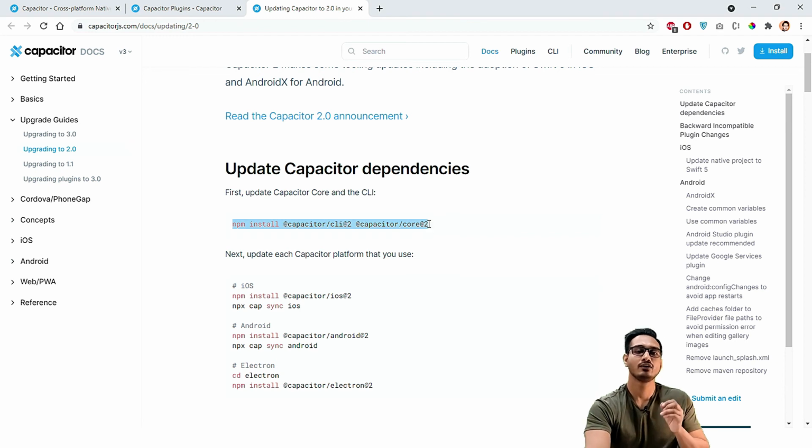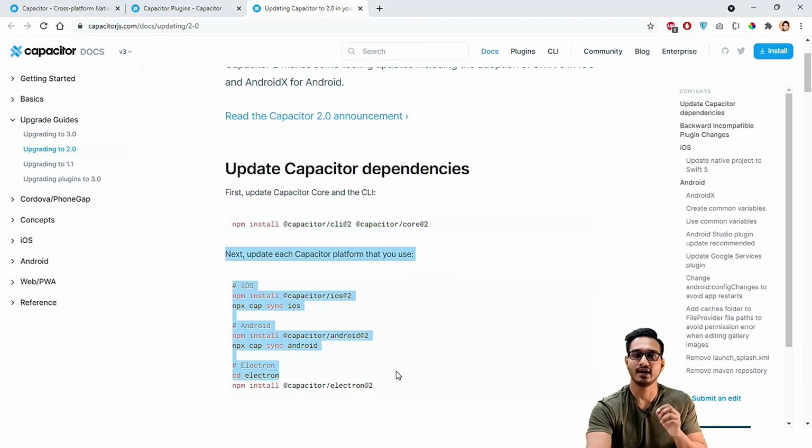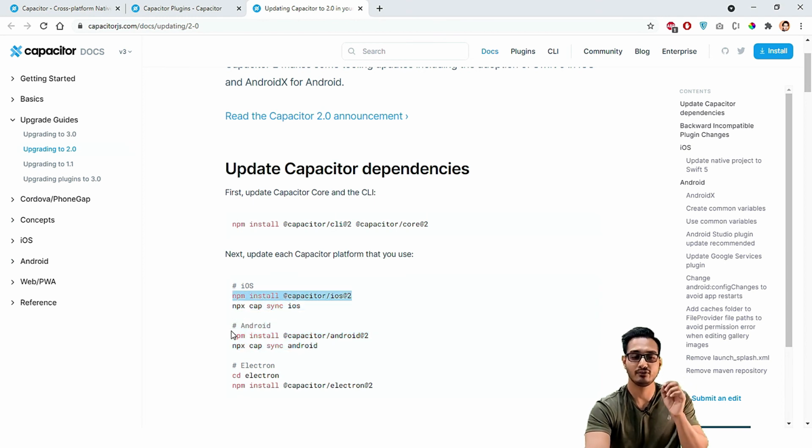So once you do that, you are using Capacitor version 2 in your project, and you can see that by going to the package.json file. All right, so that is how you can do that, and you can work with all these things. For iOS I think you need to do this, and for Android you need to run these two commands. So this is how you can still use Capacitor version 2 if you need to.